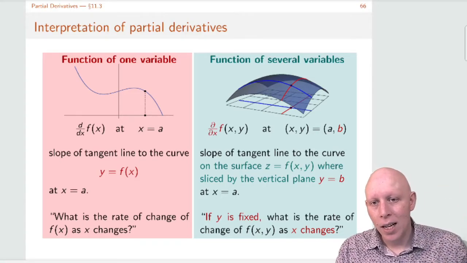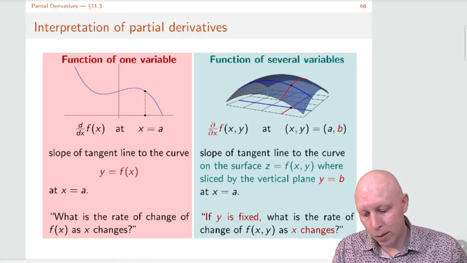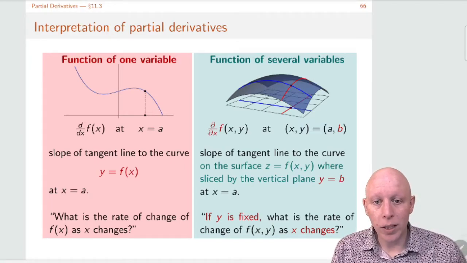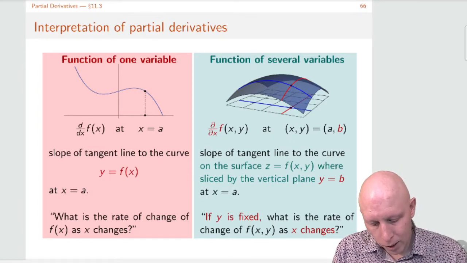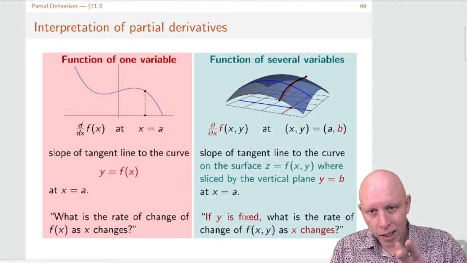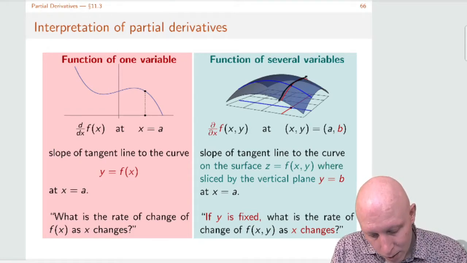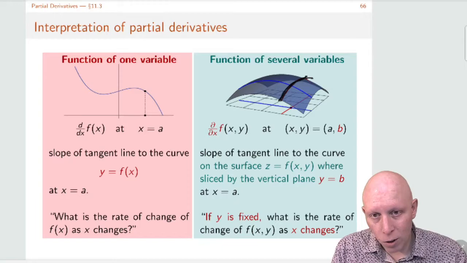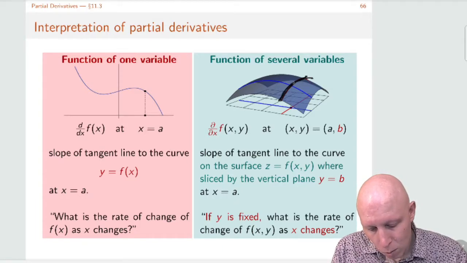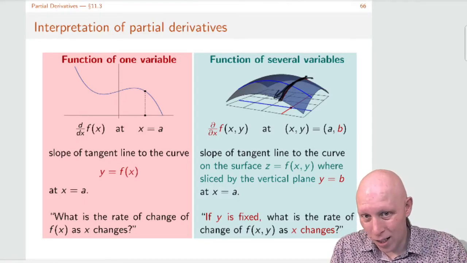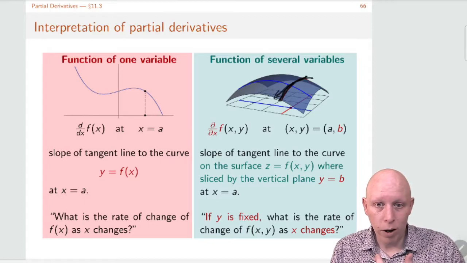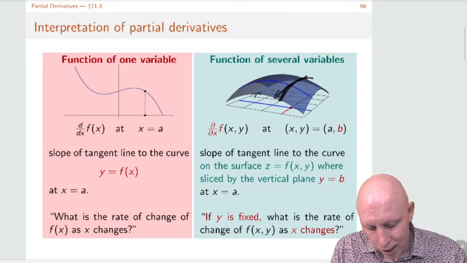Hi, welcome back. Last time we were talking about partial derivatives and how we could calculate those and what those looked like in terms of being on a surface. As you remember, we were talking about our surface, we were talking about taking a plane, slicing our surface, and following along this curve and asking what is the slope of the tangent line here if we're walking in the x direction and keeping y fixed. That was how we calculated df